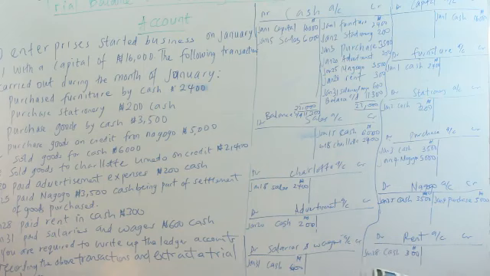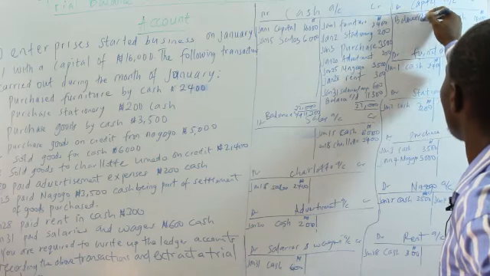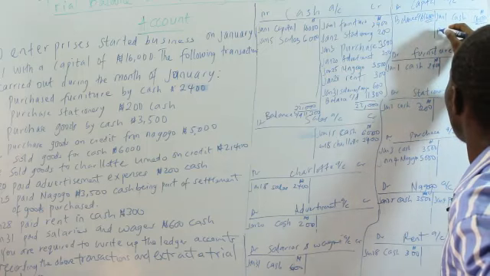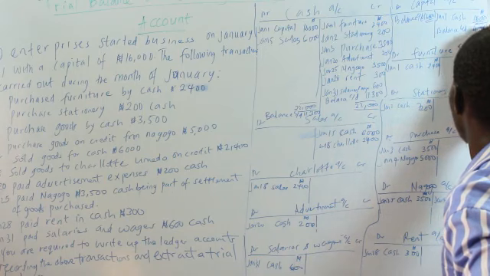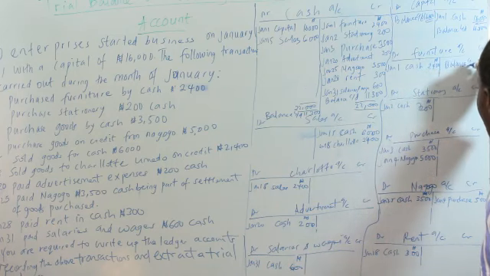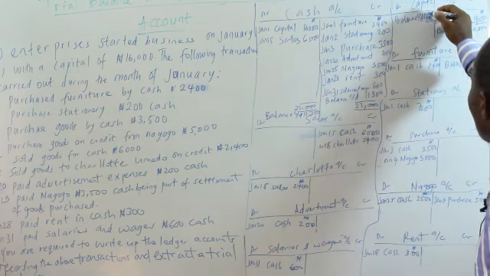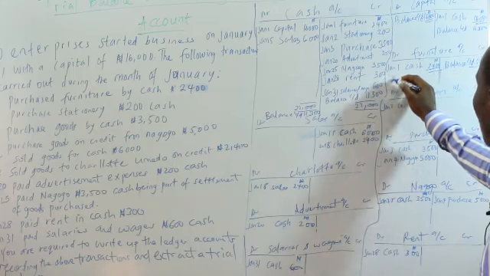So we can also balance the capital account. Since it's a single account, there's nothing here. We can write balance carried down here. Balance carried down, how much? 16,000 naira. So we can close that and write balance brought down 16,000 naira. So the next thing, we can also balance the furniture account. Balance carried down 2,400. So we can balance that, and balance brought down